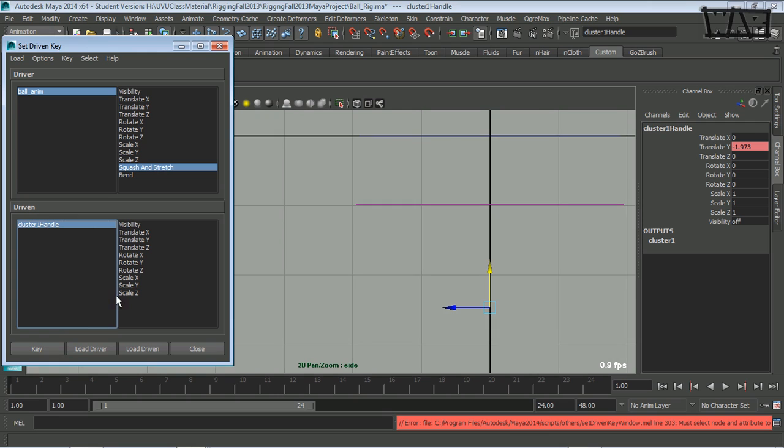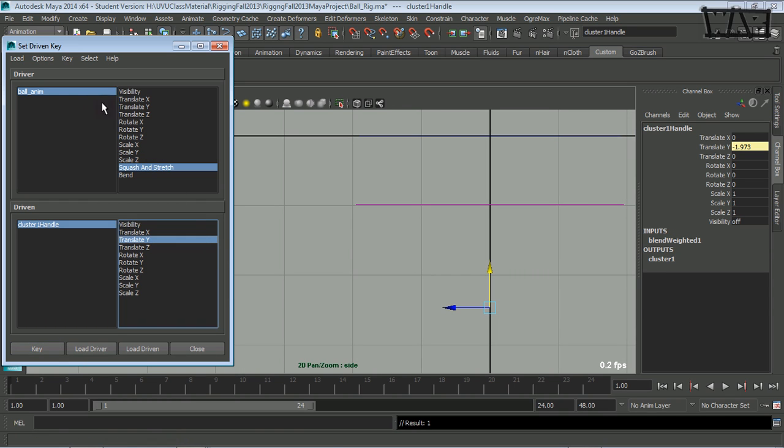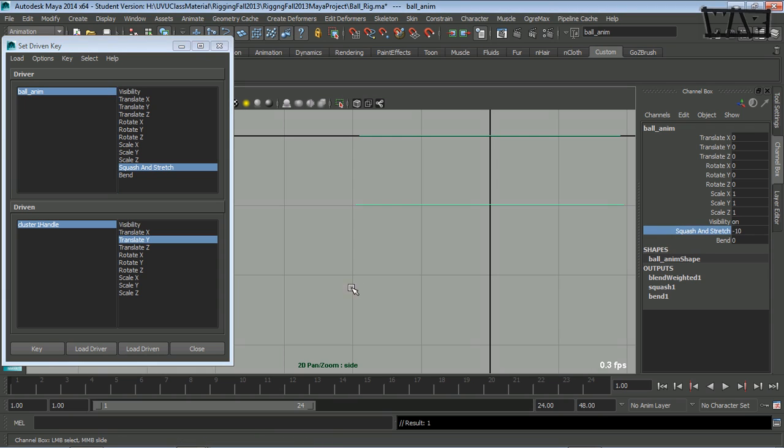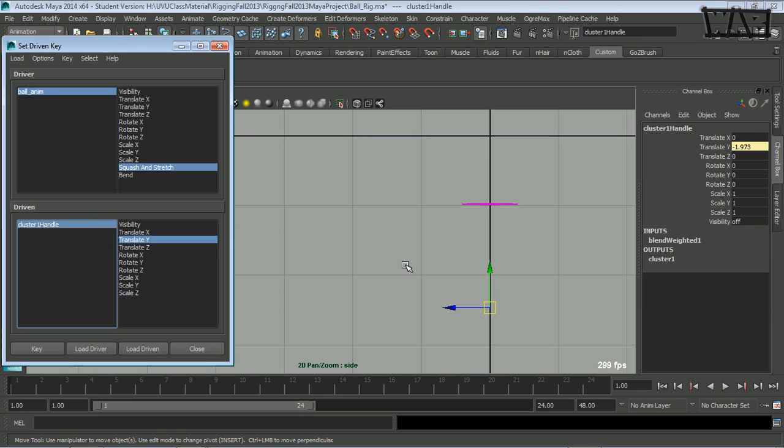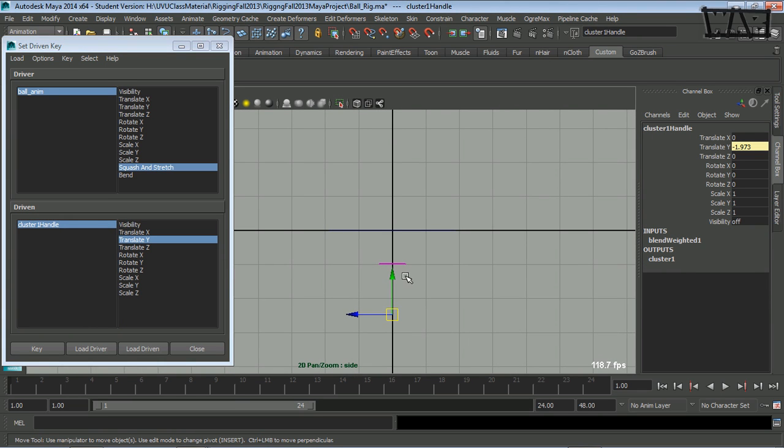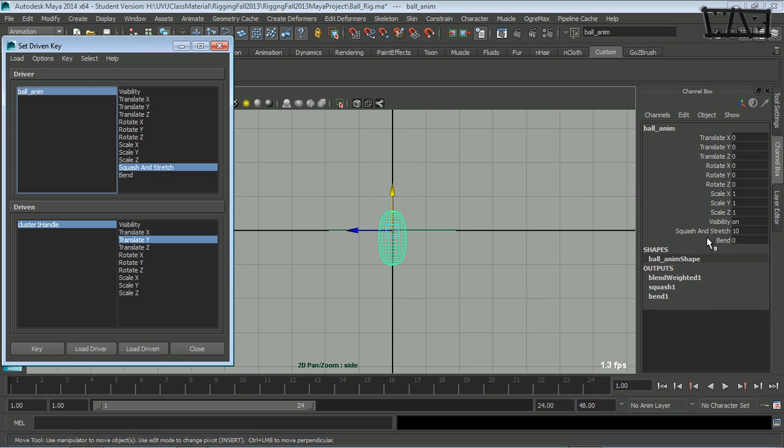Okay, and I'm going to key. Oh, I forgot to select the attribute. Okay, so now I've got my squash set to -10, my cluster handle translate Y set as small as it can go, or should go, and I'm going to key it. Then I'm going to set this back up to 10, and I need to go back here. I probably boogered this up actually, so we're going to have to do some investigation. So my ball needs